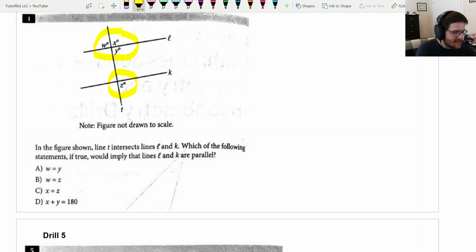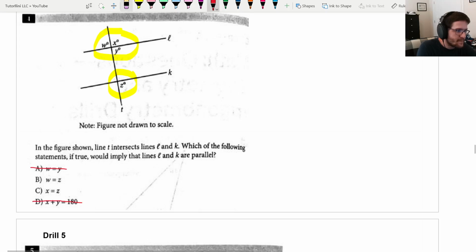So the one that says x plus y equals 180, even though that's true, that tells us nothing about it being parallel because it doesn't mention z. And w equals y, that's also true, but it doesn't mention z or the other side at all. So that also does not tell us they're parallel. So if we just realize that z had to be a part of it,